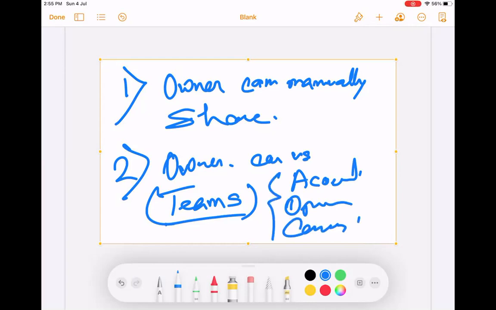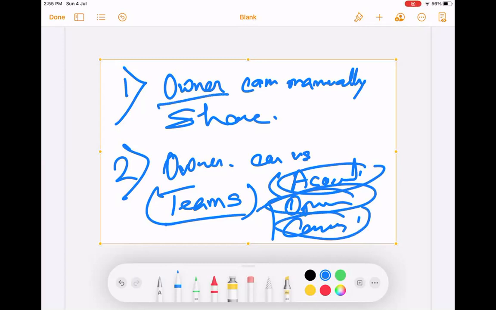These 3 objects only have teams. So you can add a user on this team. When you add any user on this team, whatever permission you give, that person will also be able to see that account record or opportunity record or case. These both are done by owners, right? And this is a manual process. There is nothing automatic here.